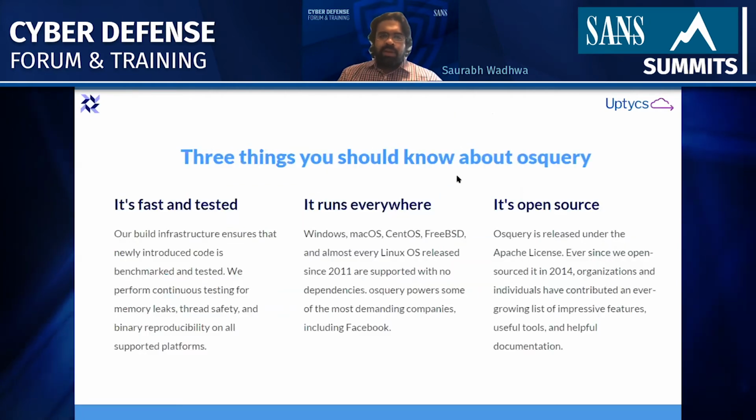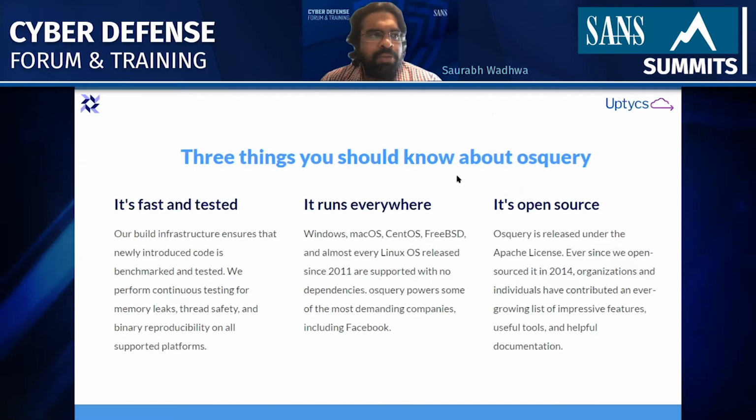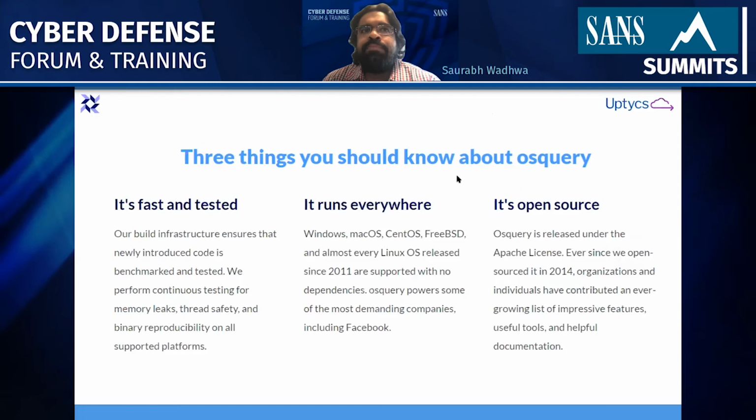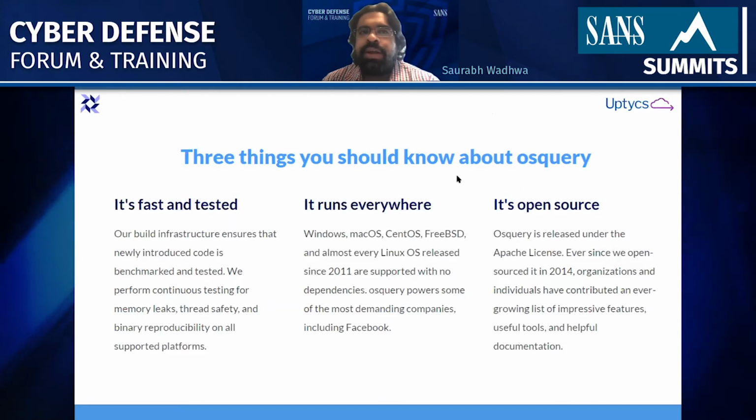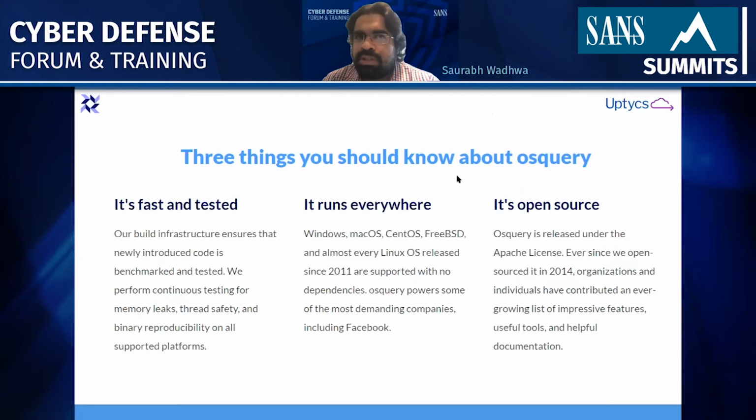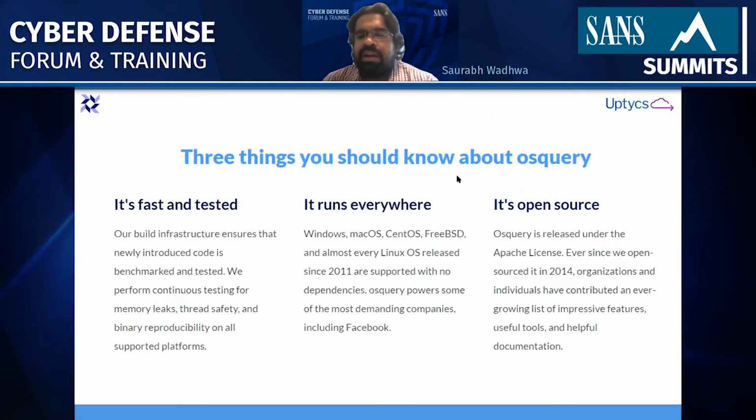And to tell you a little history about OSQuery, it was actually started by Facebook, and now it's open source. It's controlled by the Linux Foundation. There are 3 features. It's fast and tested. That's why all the big organizations like Facebook, Uber, Google use OSQuery. It runs everywhere. It supports the different major operating systems out there, whether it's Windows, Mac, CentOS, Red Hat, Ubuntu, and